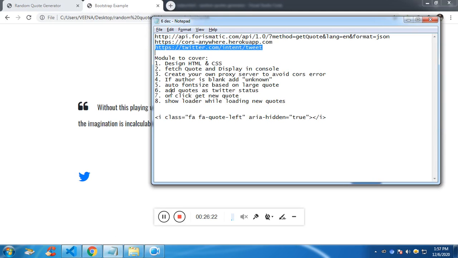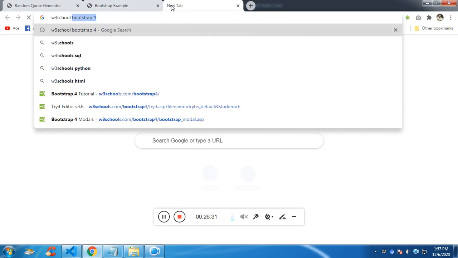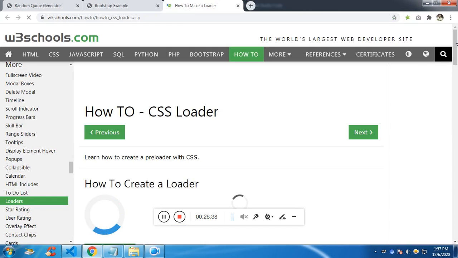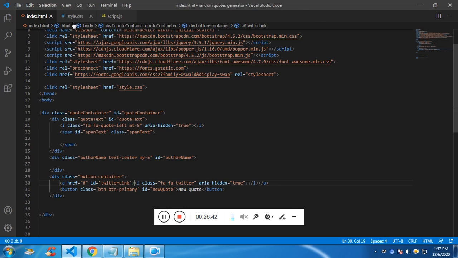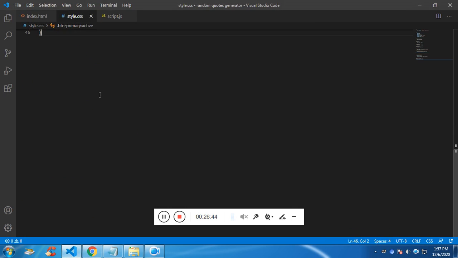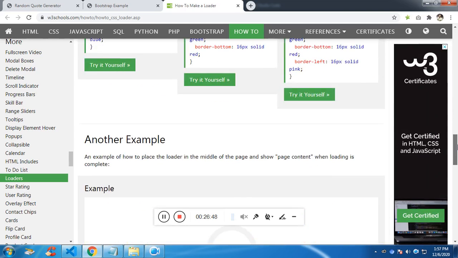So let's work on the loader. Add code, status is done. Click on new, get the new code, done. Show loader while loading. So the design is available on the tool. We simply have it. We just need this style sheet. So in styles, just paste it, and then we have